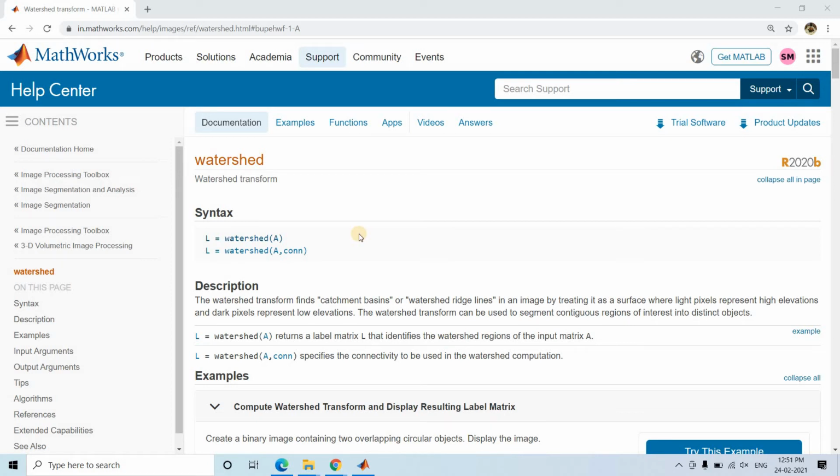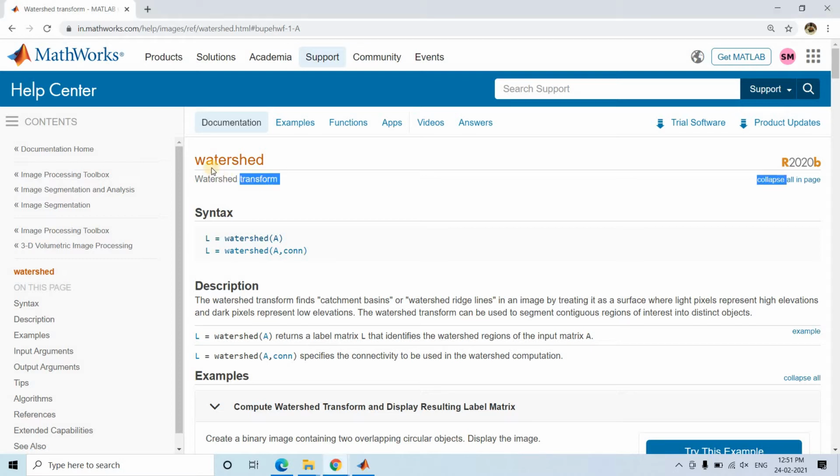So in my previous video I have already discussed in detail about the theoretical intuition behind watershed transformation. I have also discussed how the segmentation works and also covered one of the very popular image pre-processing techniques before applying watershed segmentation on our original image, and that is distance transform. Right, now let's directly implement the watershed segmentation on the image which we have got after applying image pre-processing, that is distance transformation on our input image.